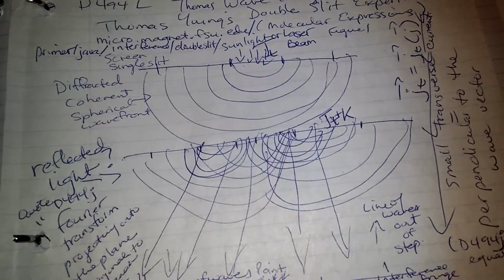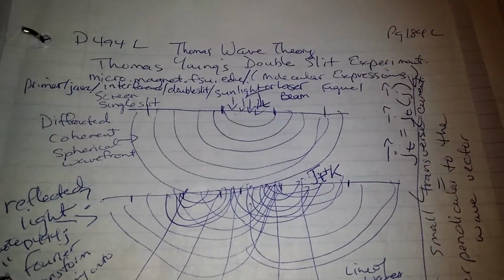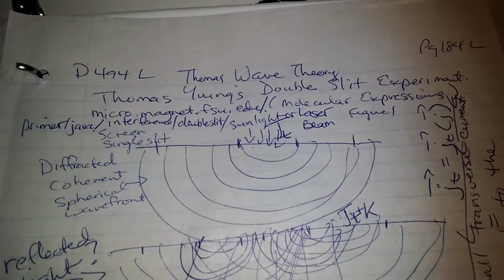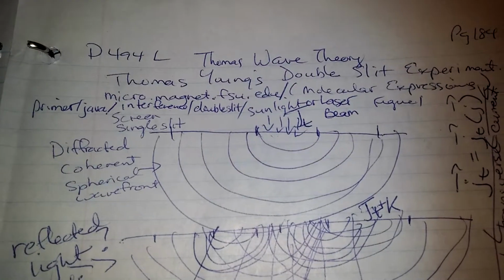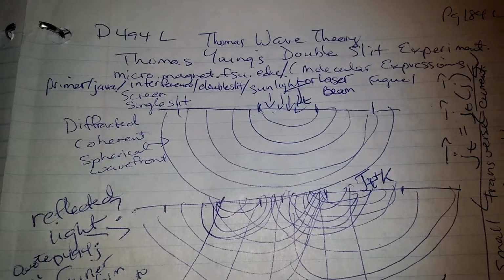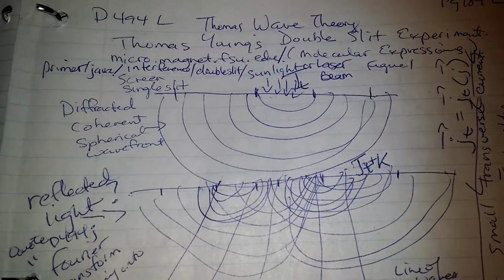494L talks about laser beams and what they'll be doing as they go through the spaceship. So this is the wave theory, Thomas Young's double slit experiment,